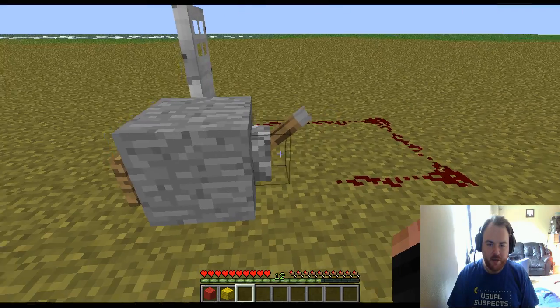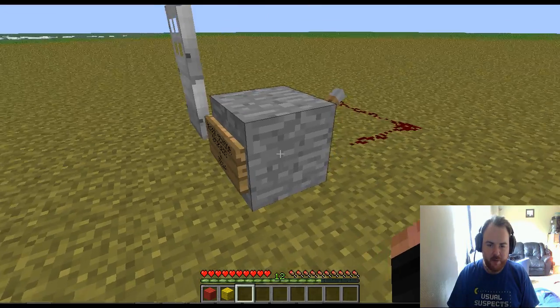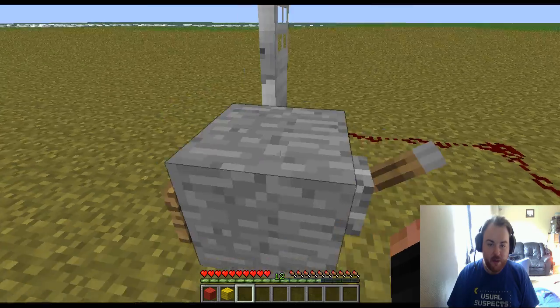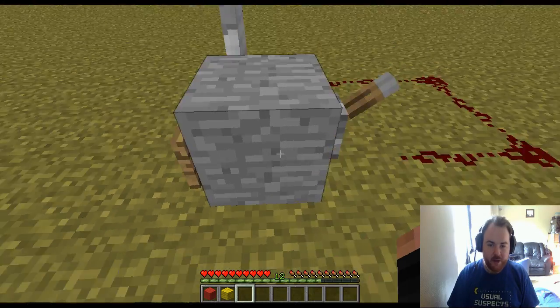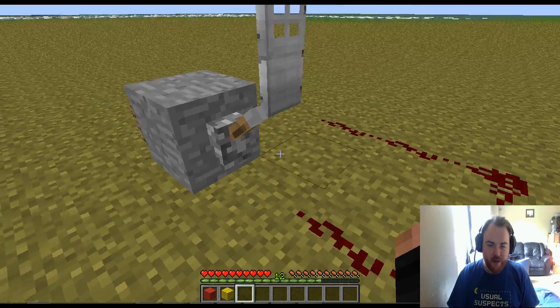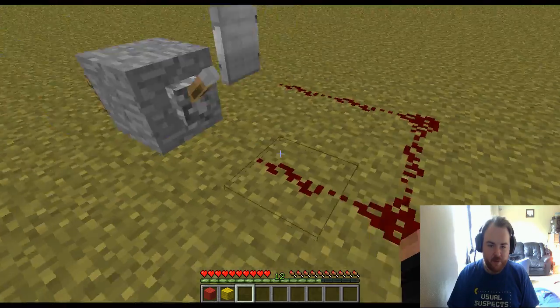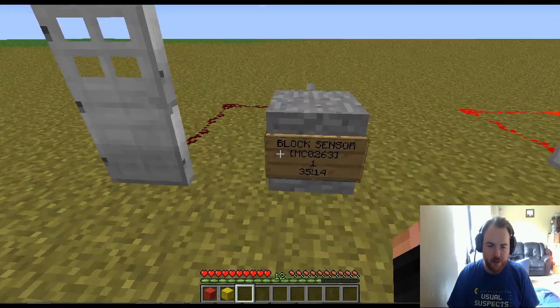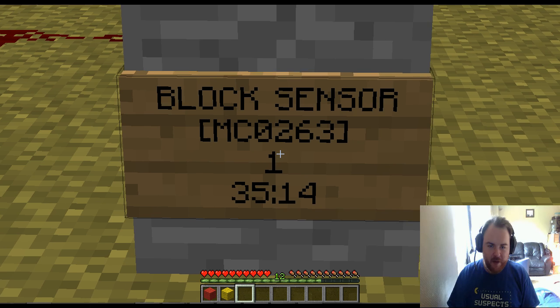As you can see here, this is how the ICs are set up. You have a nice block, it can be anything you want, a sign on the front that tells it what IC it is, and then you need a lever on the back. This is what sends the redstone power out. So first off, we have a block sensor